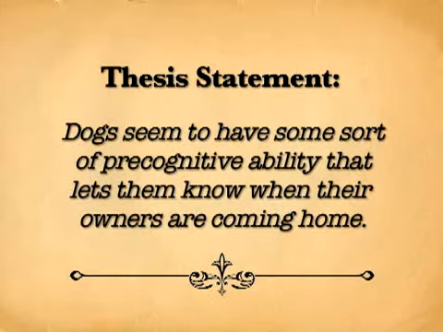So, we would move from "how is it that dogs know their owners are coming home" to the statement, "dogs seem to have some sort of precognitive ability that lets them know that their owners are coming home." Now, since you have your thesis, your task over the course of the paper is to support and develop your thesis with examples and data. Maybe you've seen this behavior firsthand, dogs getting really excited when their owners are coming home. Maybe you have an article or a study or multiple sources that discuss the phenomenon of dogs and some sort of precognitive ability they have that lets them know when their owners are coming home. So you have a thesis that you can develop over the course of your essay that will provide you focus.